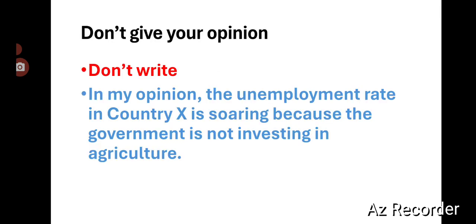So, for example, you have no business whatsoever to give an opinion like, in my opinion, the unemployment rate in country X is soaring because, look at the use of because, the government is not investing in agriculture. No, that is not what you are there to do. You are there to just give an objective description of the